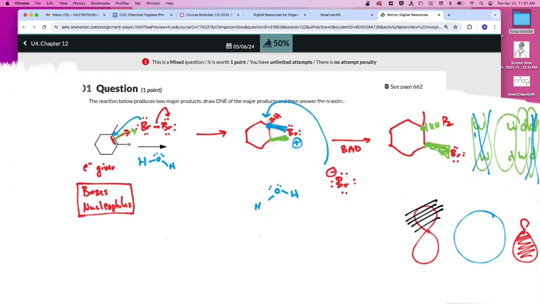Water, as we addressed at the beginning, has electrons and could act as a nucleophile. Water is also going to compete. So we get reaction A or reaction B. As a hint, reaction B begins with B, which is bad, and reaction A begins with A, which is